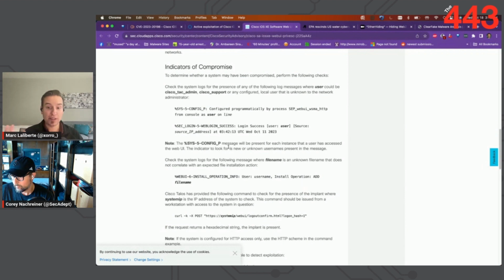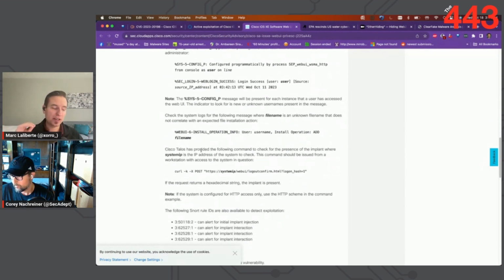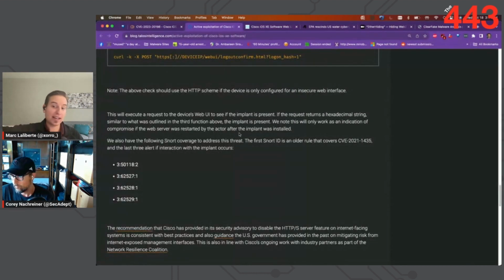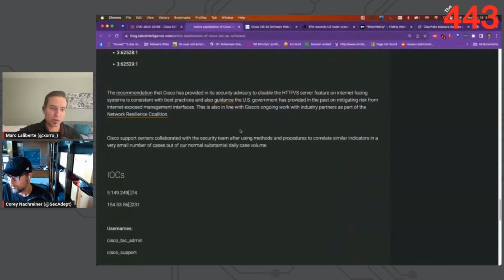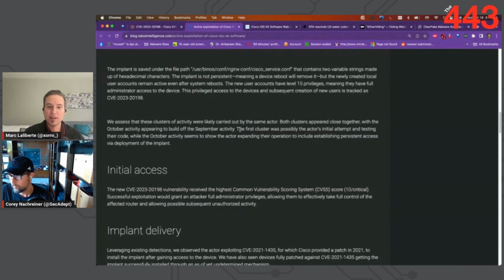So during their discovery, Cisco found once the attackers created their account using this new vulnerability, they then exploited an old CVE, CVE-2021-1435, as the delivery method for the actual implant once they were authenticated. Now, this was like an old authenticated arbitrary code execution vulnerability from 2021.